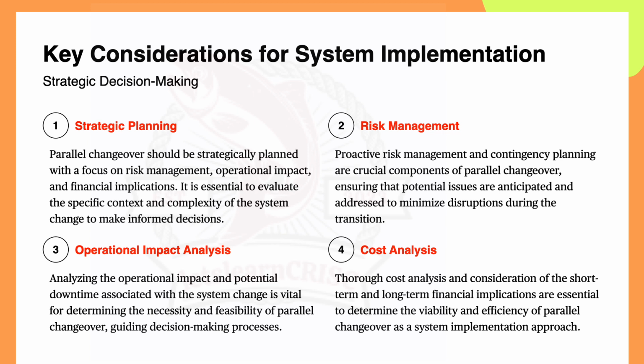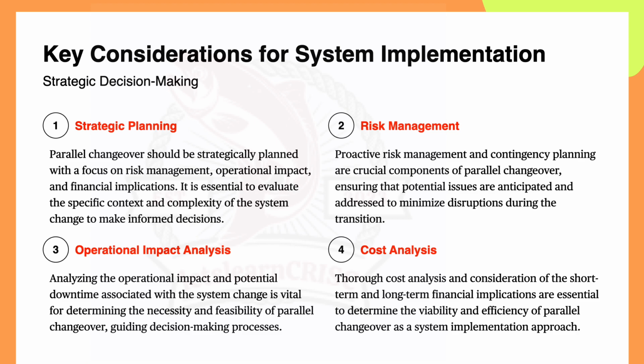right? So in simple terms, when implementing a new system, strategic decision making involves planning ahead, managing risk, understanding operational impact, and thoroughly analyzing cost. For example, if you are upgrading software, you need to consider how the change will affect daily operations, identify potential risk, and evaluate the associated cost to make informed decisions about the implementation approach,